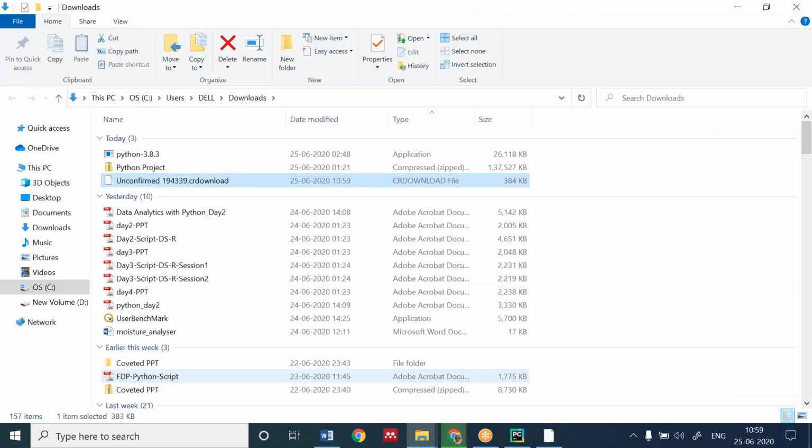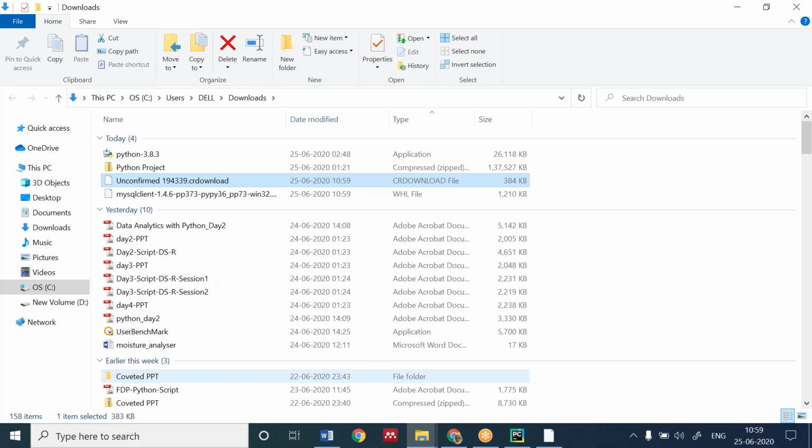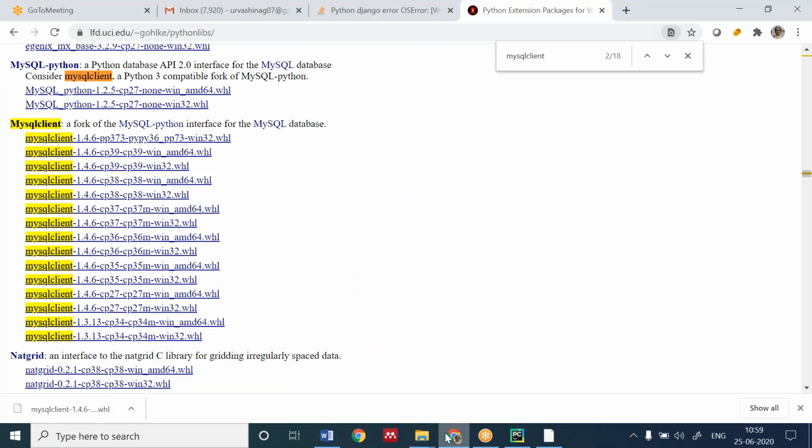Please everyone listen, because sometimes it has a problem, and how to resolve that problem is very easy. What I have done, I have gone through this website and searched for MySQL client. Then I took the first one. I'm just trying it. It cannot run perfectly on my system. It depends on which version I'm using, whether 32-bit or 64-bit processor. It depends on you. You have to hit and try for everything.